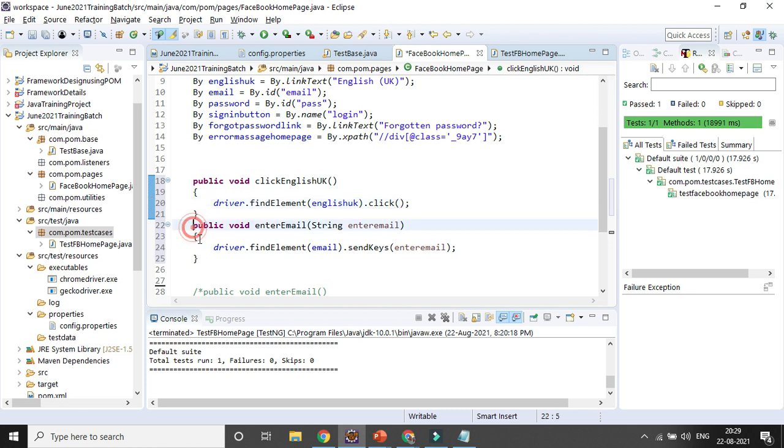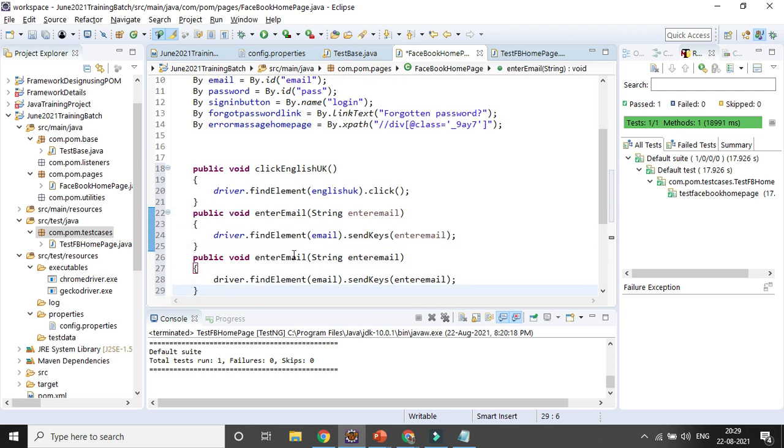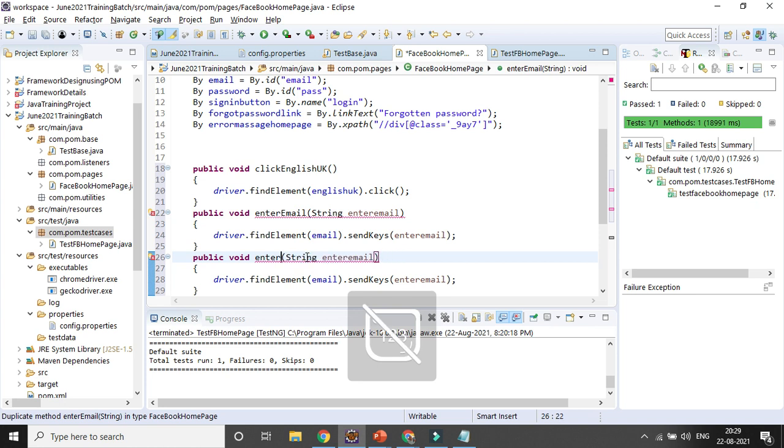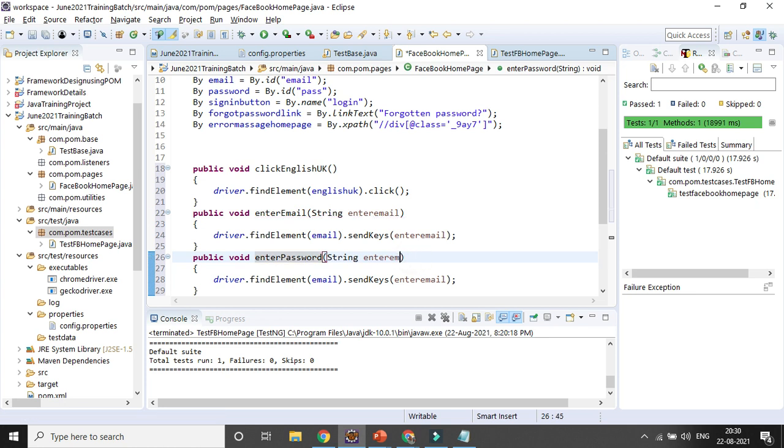Then similarly for the password, enter password. So here it will be the password field, and it will be enter password.